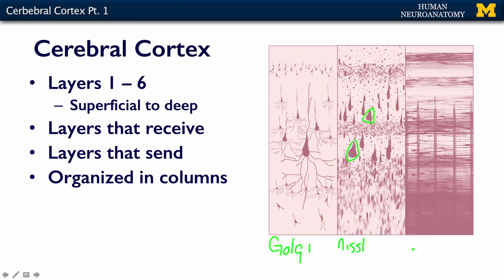In this last panel, we've stained for myelin. Myelin is that lipid-rich coating that surrounds all of the axons to keep crosstalk from happening. If you have a signal going down one wire, you want it going only down that wire and not down another one, so you have to keep them insulated. It's just like the insulation on the wires in your house. Two axons side by side have to be insulated from one another, and that is what myelin does.